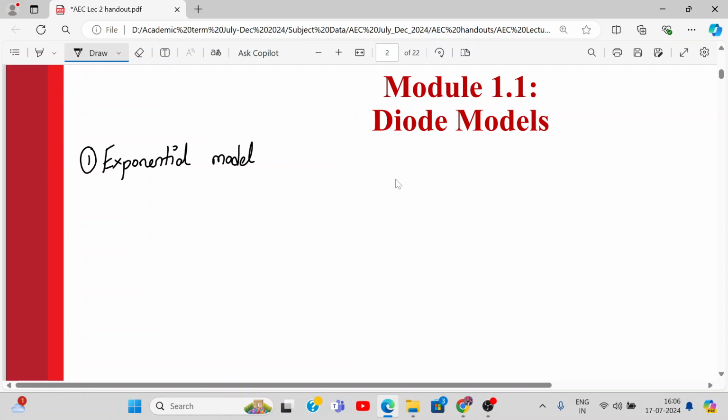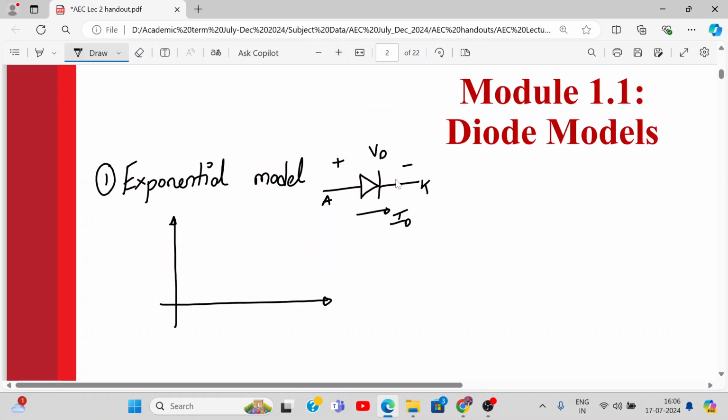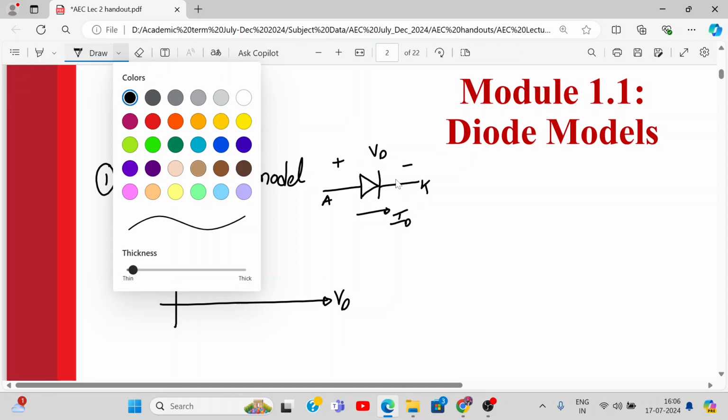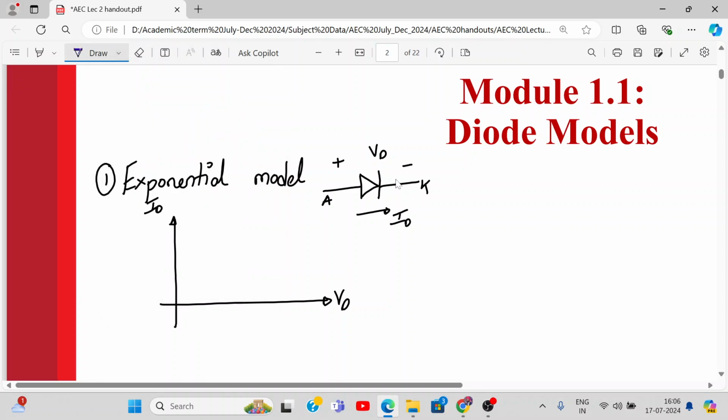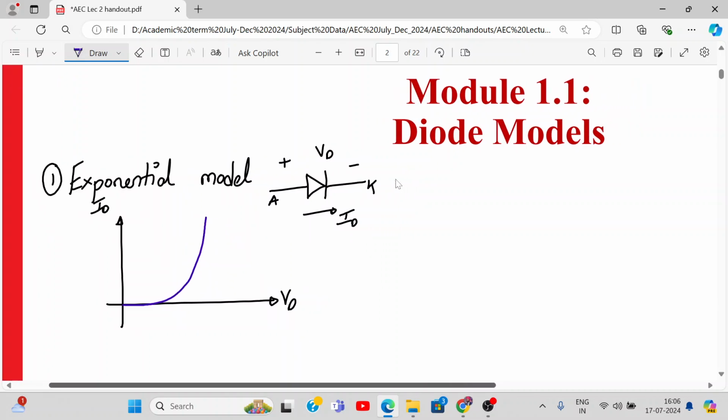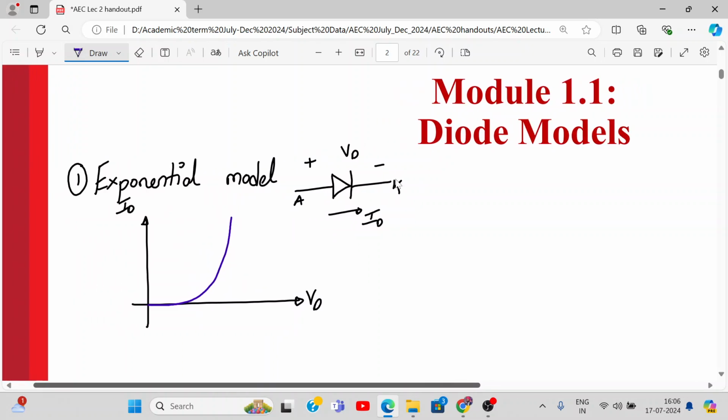So here, this is the characteristics of a diode. Plus minus VD, and current flowing through the diode only in one direction. This is anode, this is cathode. I hope it is visible. Yeah. This is the current flowing through the diode and the voltage applied across the diode. So this was the exponential characteristics. And what was the relation between ID and VD? They were related. Can I say ID